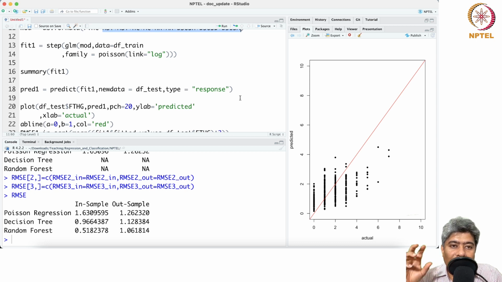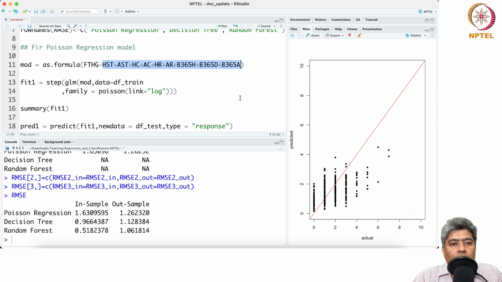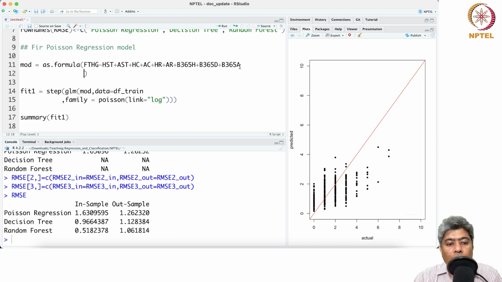Poisson regression in that sense is a much more rigid, conservative model. So in that sense, it's not perhaps a very fair fight. If you want a really fair apple to apple comparison, probably we have to add a few more lines, like feature engineering with